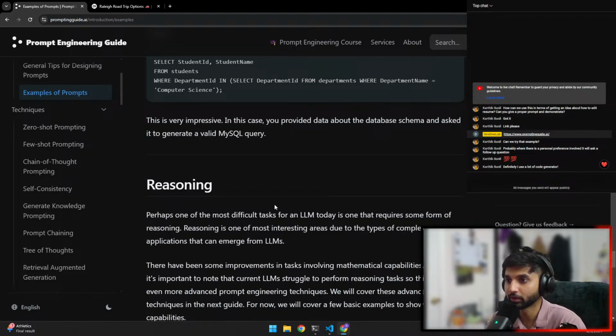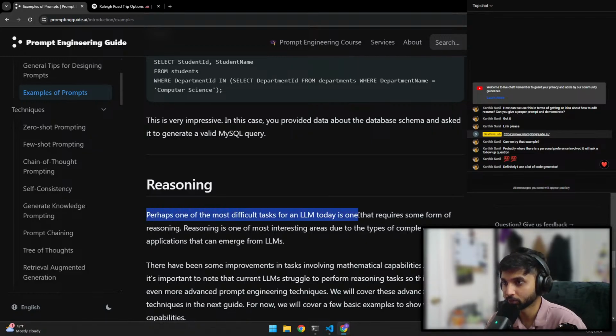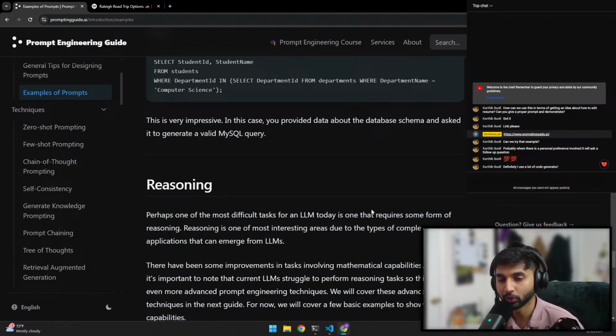Perhaps one of the most difficult tasks for an LLM today is one that requires some form of reasoning. And that's very true. AI do suffer in reasoning, which is why we have not been able to use it very efficiently for other tasks. Yeah, reasoning is one of the most interesting ideas due to the types of complex applications that can